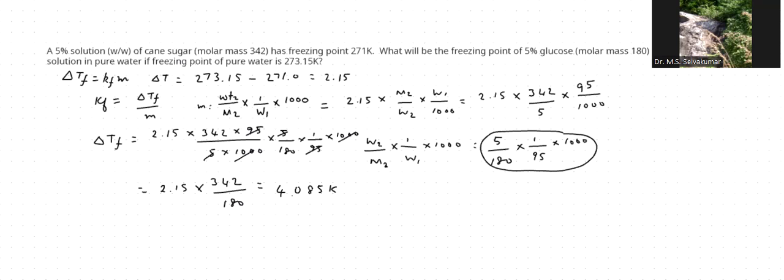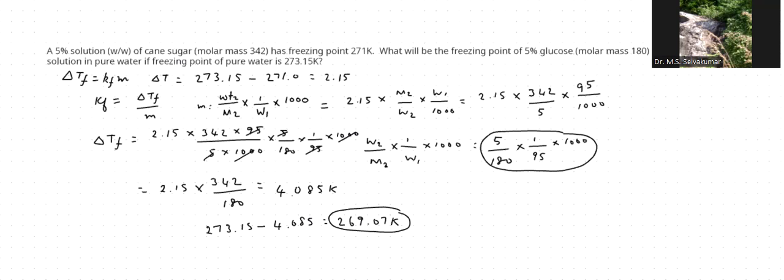So the actual freezing point of the water will be 273.15 minus 4.085. So the answer will be 269.07 Kelvin. So the 5% glucose solution will freeze at 269.07 Kelvin if the 5% cane sugar solution freezes at